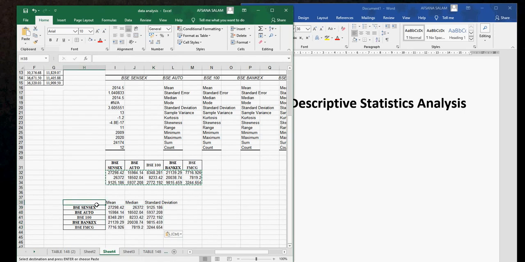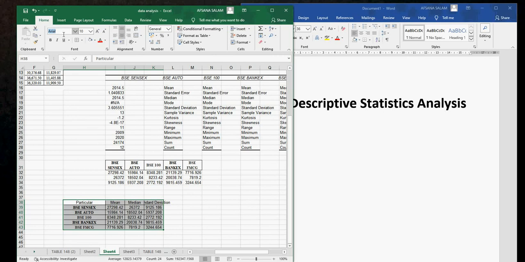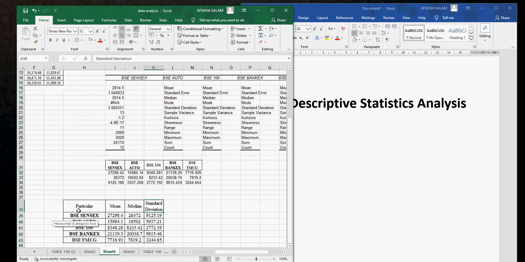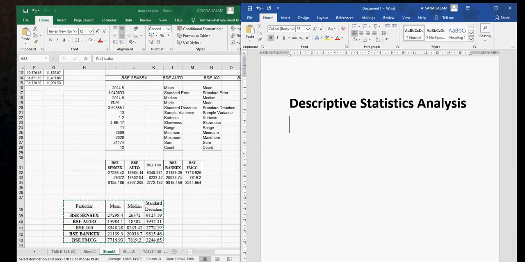So here I'm just mentioning it as particular, and then aligning it properly as per my requirement, which is going to be very neat. So this is how I'm going to do it. Align, change the signs, font, make it 12, and this. So this same thing I'm going to copy and paste into the Word document, mentioning